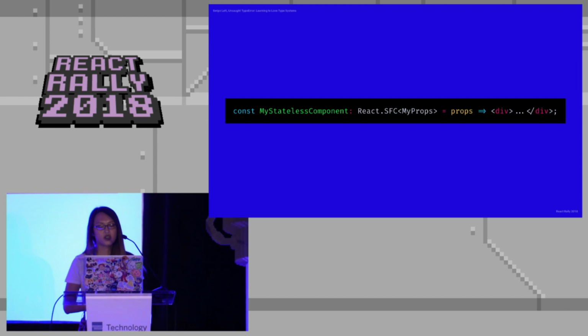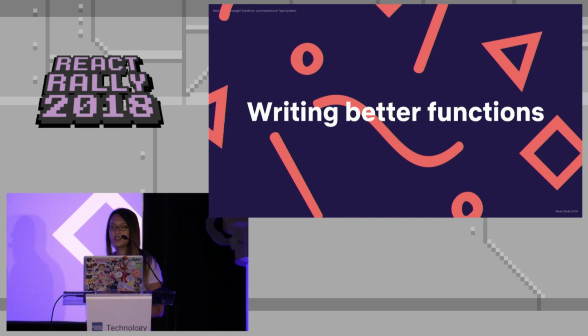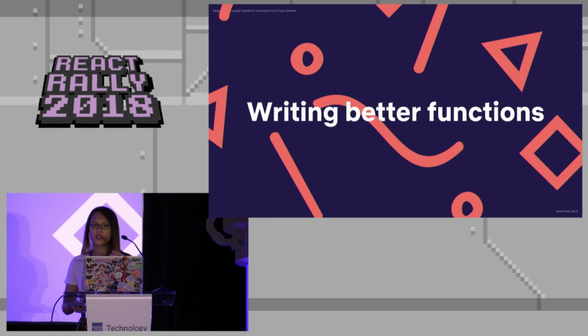Thinking in type signatures and pure functions makes it way easier to compose functions and for you to start thinking about how you can create higher order components as well in React. So let's revisit the implications of the Curry-Howard-Lambek correspondence, the idea that these 3 mathematical theories are related, and learn how it can help you write better functions.